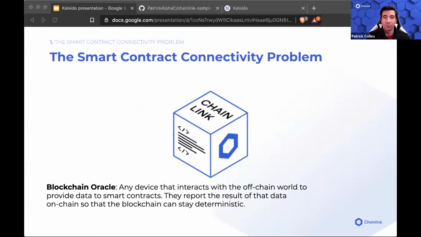So the way that we work with this external data is what's called an oracle, or a blockchain oracle. A blockchain oracle is any device that interacts with the off-chain world and provides data to smart contracts. So this is the input and output of smart contracts and of blockchains. They report the result of that data on chain so that blockchains can now stay deterministic. So they actually do it in a transaction so that the validation process can stay with whatever consensus protocol